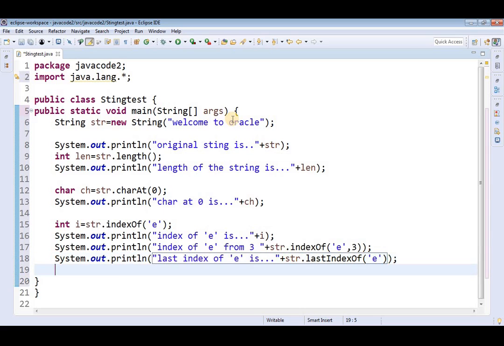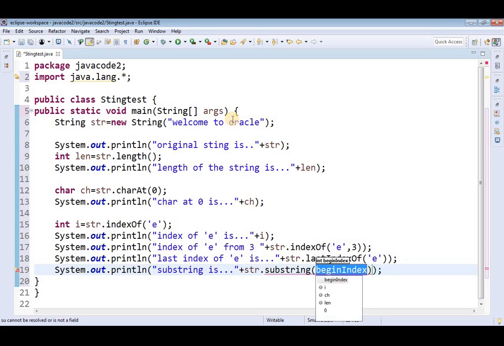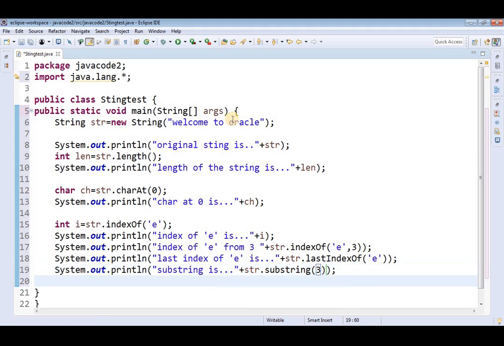Later come to the substring method. Substring is plus str dot substring of beginIndex, that is I am giving 3.